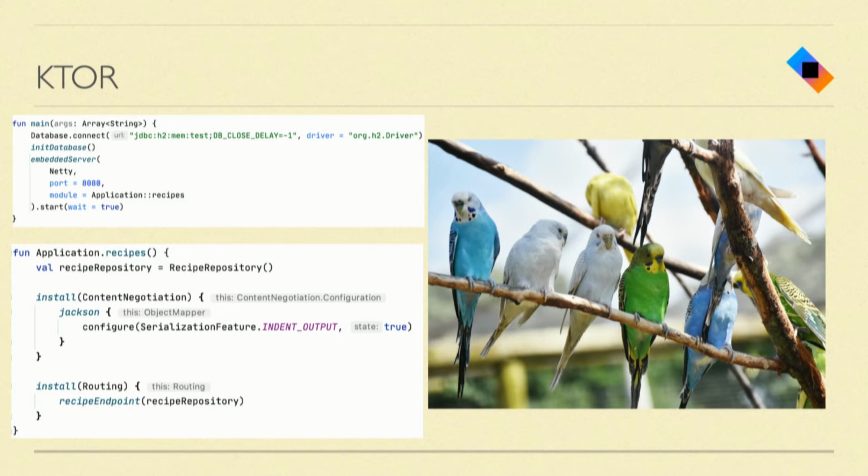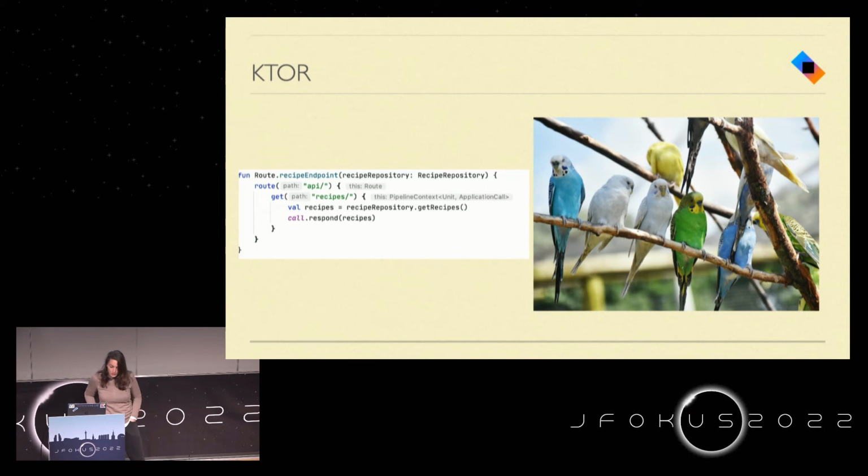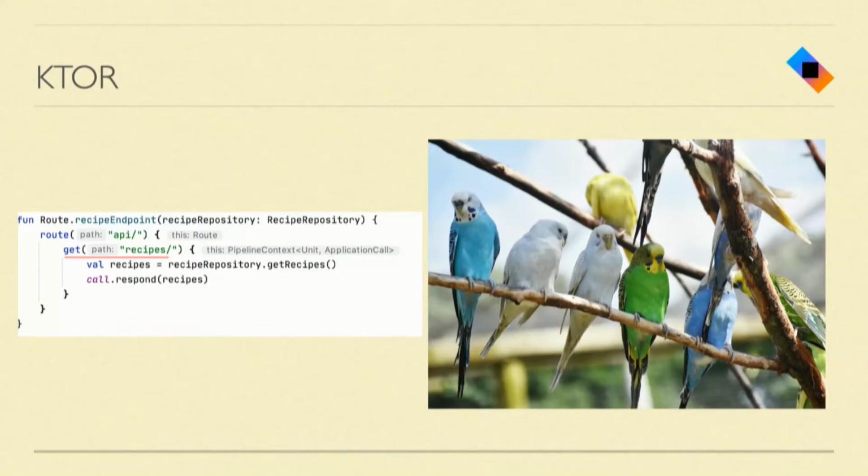Let's have a look at how my API then looks like. If you have in mind how your Spring API classes, controllers or endpoints, however you want to know them, this would look like a bit weird because it's just a function, an extension function on the class route, where you can declare your whole API in a declarative way, I would say. Where my get endpoint is listed over here, which is part of the API interface over there. And then in between the brackets of the get, I can just state all my business logic.